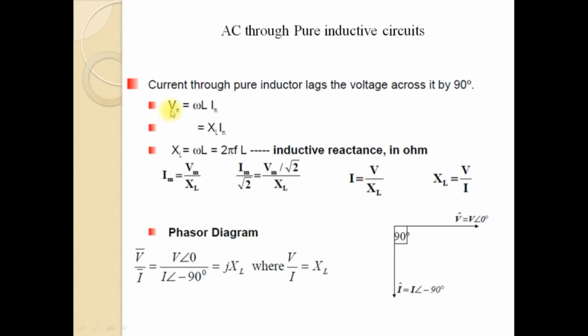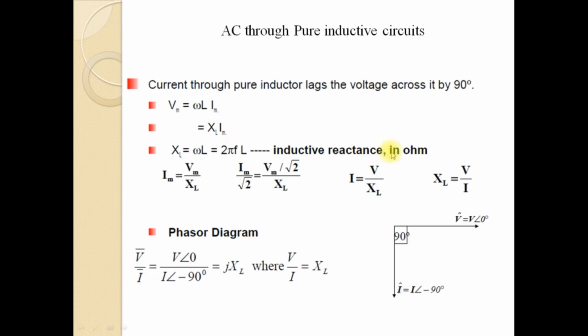From the discussion, we have seen that Vm can be written as Vm equals omega L into Im, which is obtained from the equations we have seen earlier. So Vm can be written as Im into XL. You can compare this with a purely resistive circuit, where the relation is V equals I into R. Instead of R, in a purely inductive circuit we have a term XL, given by XL equals omega L, which is 2 pi f into L, where f is the frequency of the applied alternating voltage. This term XL is known as the inductive reactance,